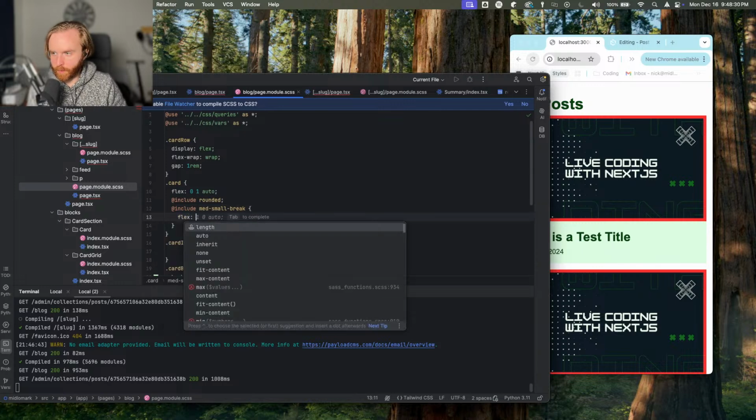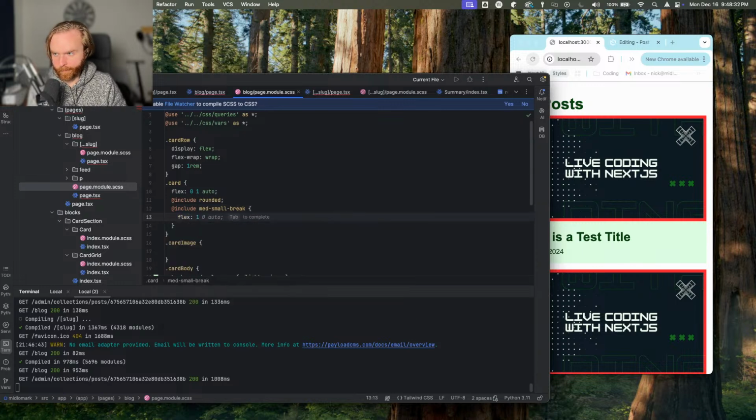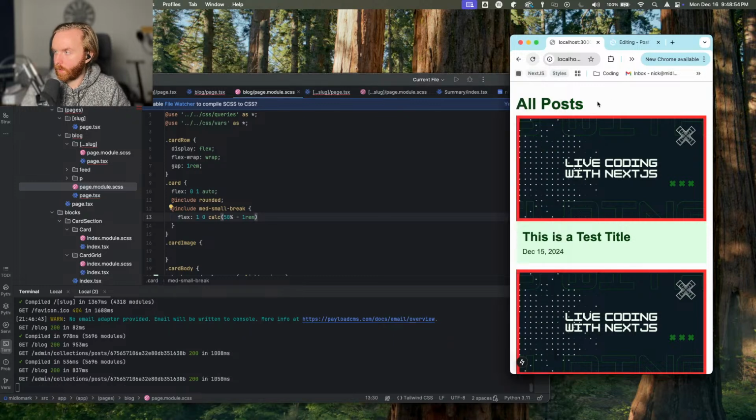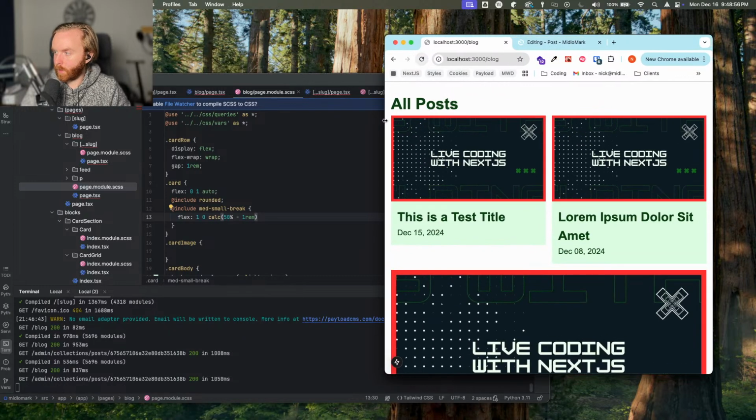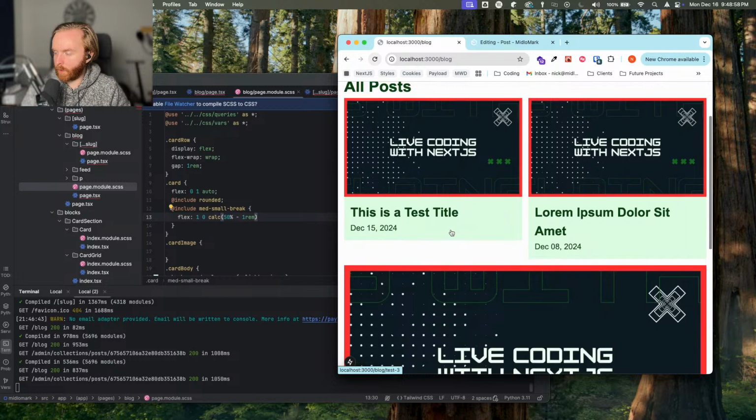Set our flex to be 1, 0, and we'll say like, all right, so here we're gonna do some math, but not the intense math that I thought I was going to do. So we'll do calc minus 1 rem. And then here we can see that,